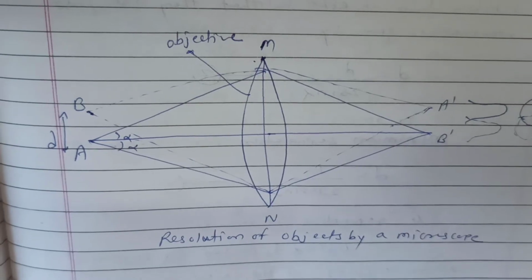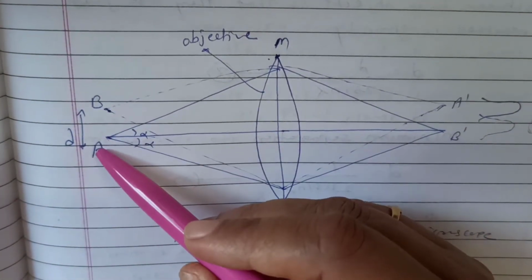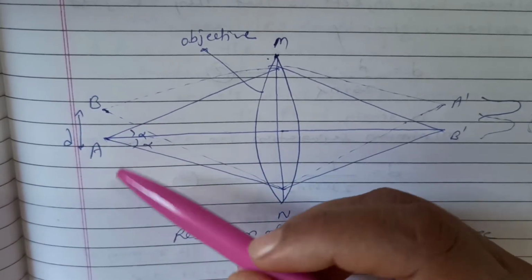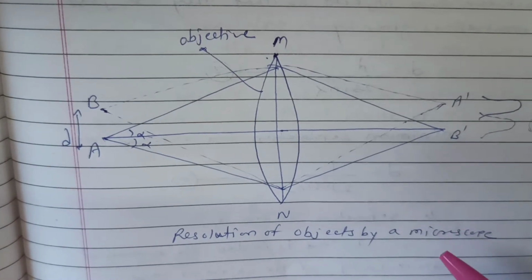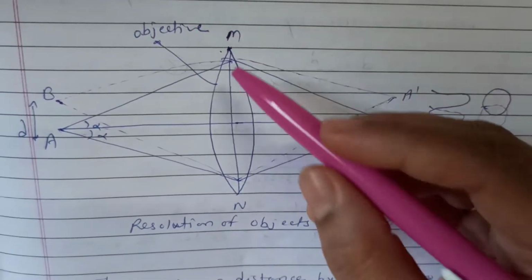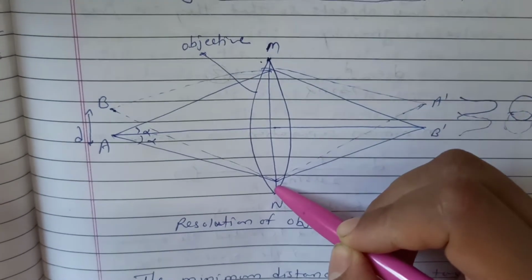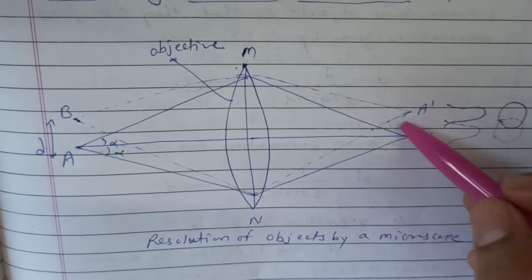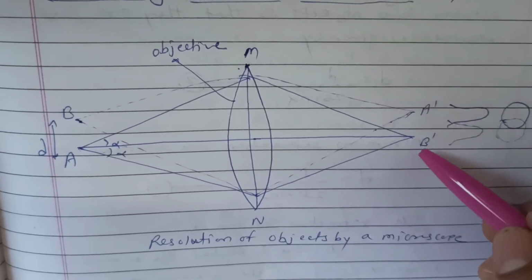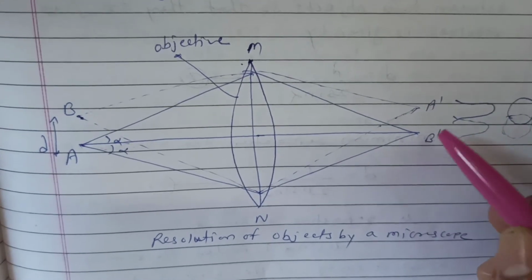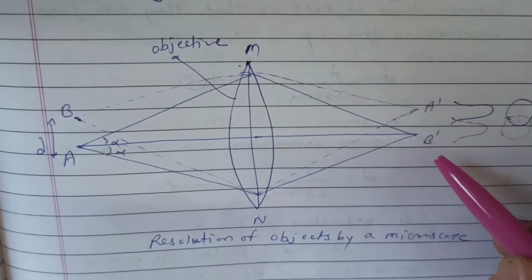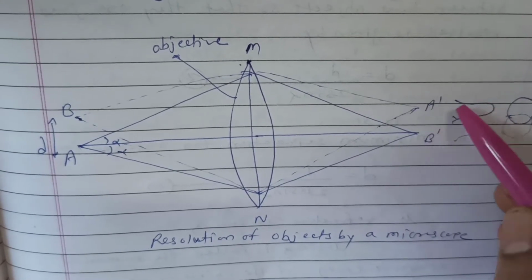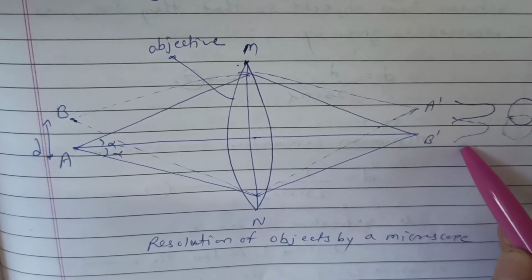Suppose that A and B are two point objects at a distance small d apart, and A' B' are the respective images formed by the objective MN of the microscope. A' and B' are surrounded by alternate dark and bright diffraction rings. According to Rayleigh's criterion, the two images are said to be just resolved